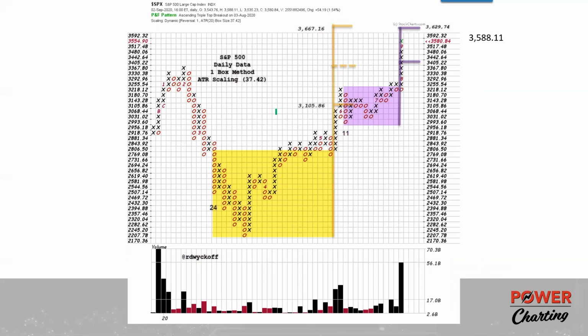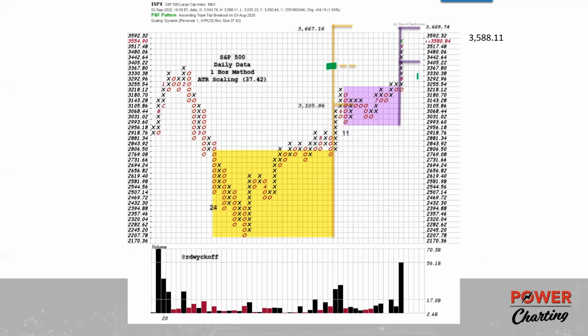So the S&P 500 point and figure chart here, look at this accumulation phase. Again, think of the cyclicality. This is just looking at daily data, one box method. So we're getting a swing trading count here for the S&P. This count from the low and this last point of support counts up. It's a rather wide count, so we're going to also mark the middle of it. And it counts up to 3667.16, and with a midpoint at around